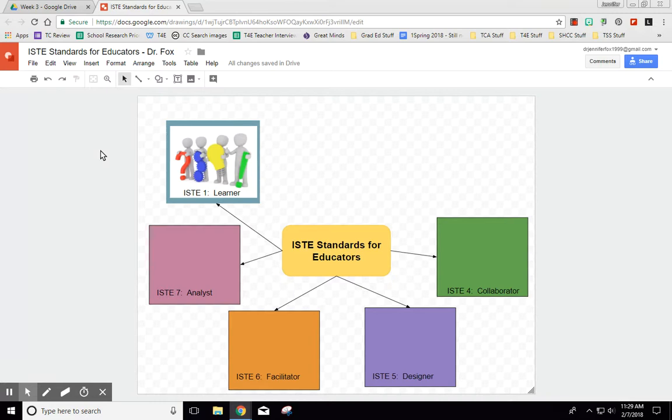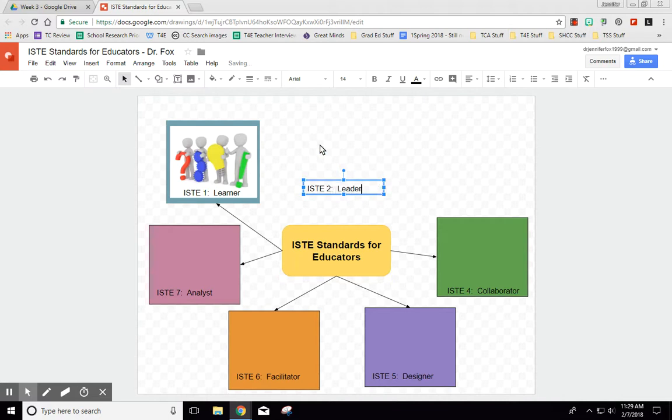But I've already started mine. And if you're not within your folder, then you need to go ahead and move it to your folder as soon as you create it, just so you don't forget about that. And that will take care of the shared settings. Now, what I've done so far is I've left out two of them so I can show you what I did. So really all I'm doing is creating a text box, and the two that I have missing are ISTE2